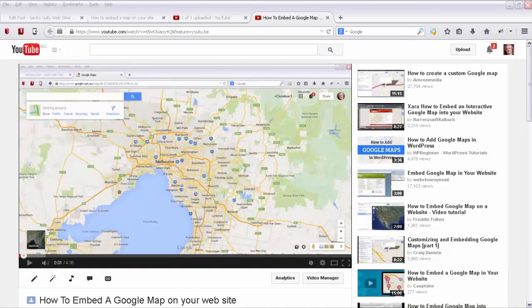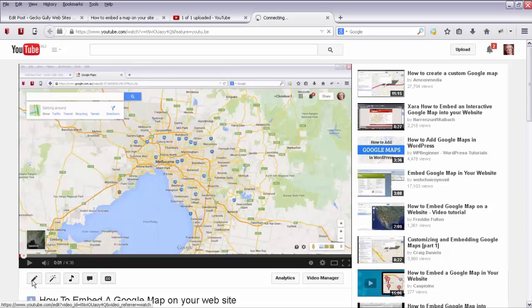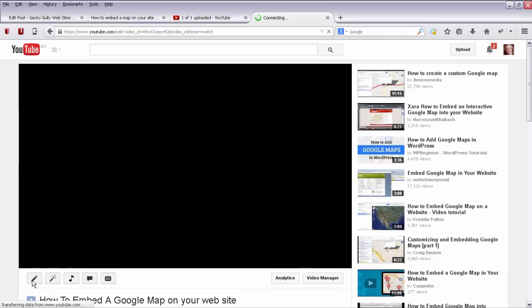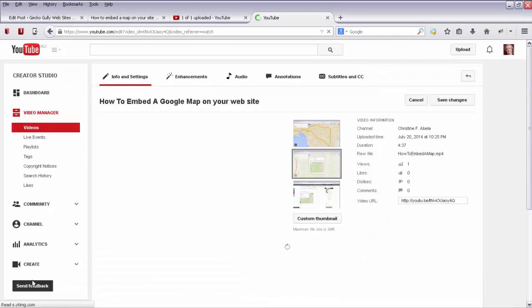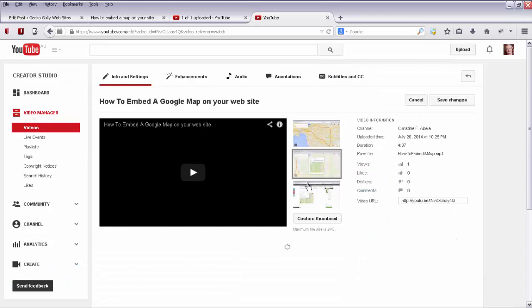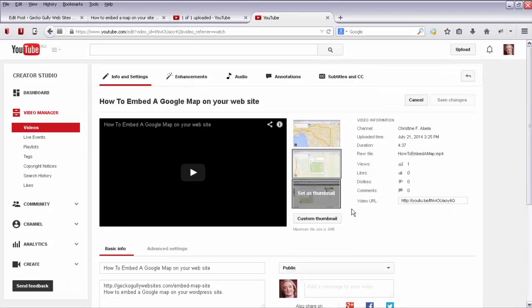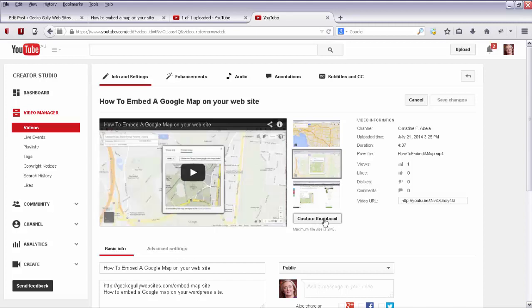So it's loaded, and I've hit pause on it because I don't want to play it, and so that's the first screen. Let me go back to info and settings, and I'll just see what I've got in there. Okay, so it's given me 3 thumbnails that I can choose from, or if I want to I can click on custom thumbnail and I can upload a new image to be the front image, but that's okay. So let me just go back,